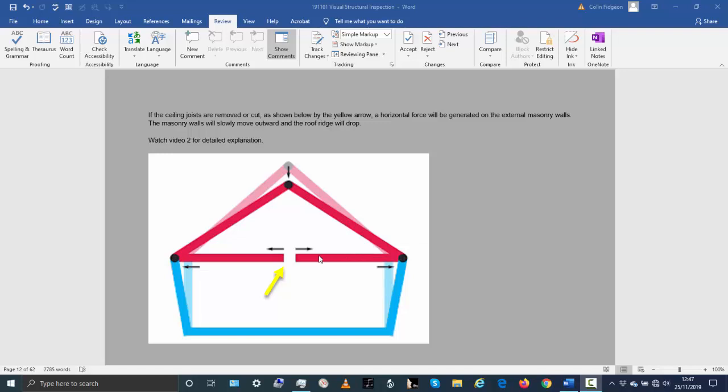So let's have a look at what happens here. When you remove this joist, the walls move out. But also the ridge here has to drop. In order for the walls to move out, the ridge has to lower.